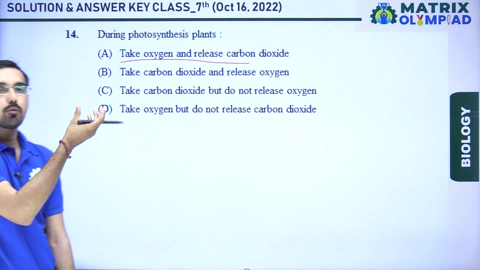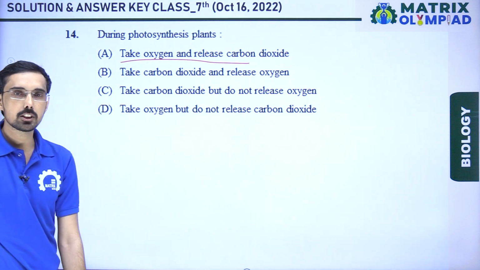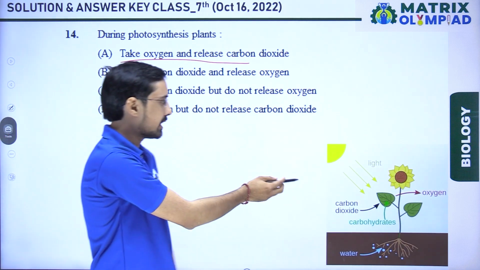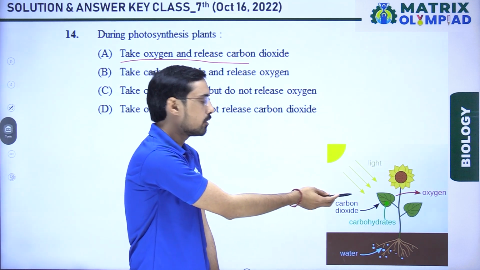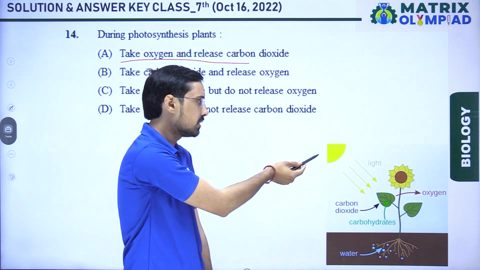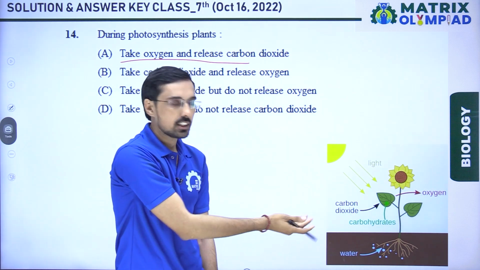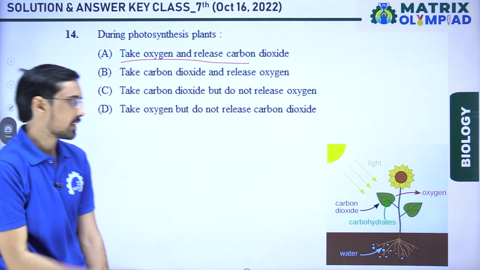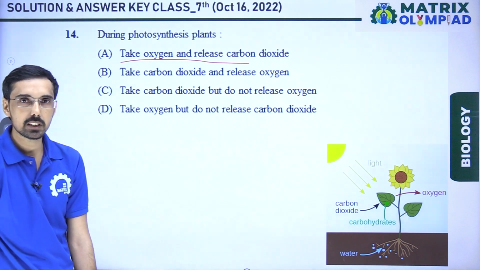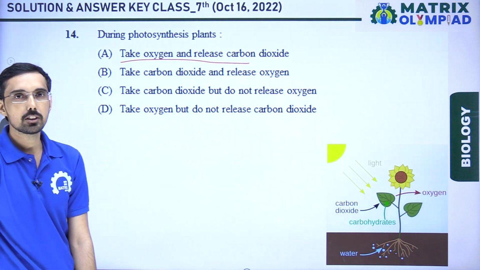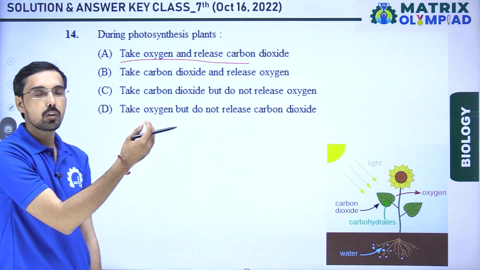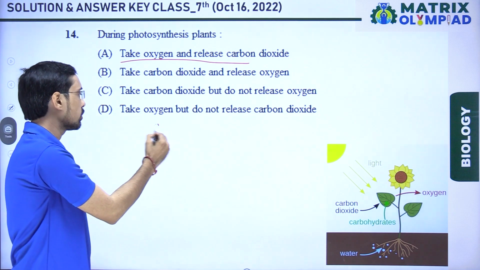As we all know, photosynthesis is a process by which plants make their food with the help of carbon dioxide, as we can see in the diagram. Carbon dioxide, which it gets from the atmosphere, sunlight, which it gets from the sun, and the water, which it gets from the roots of the plants. Plants absorb the water from the roots, and there is a pigment present in the leaves of the plant known as chlorophyll, which helps in binding carbon dioxide as well as water and makes a molecule known as glucose,